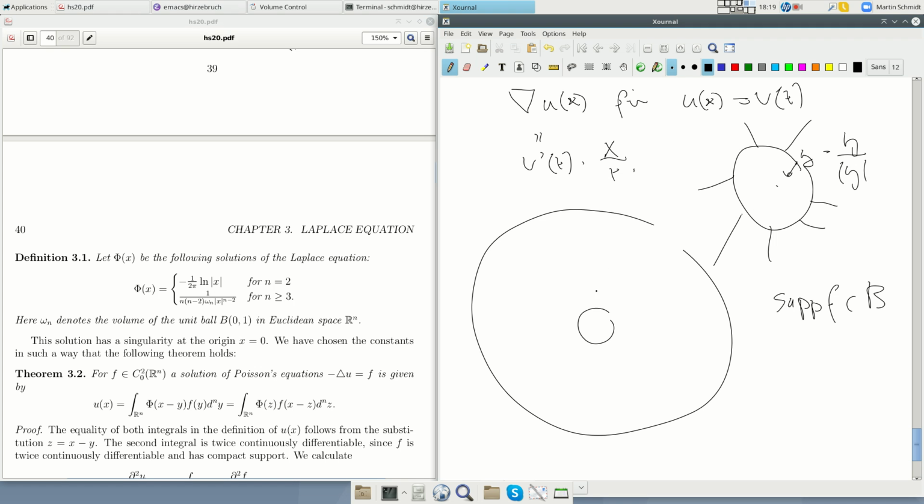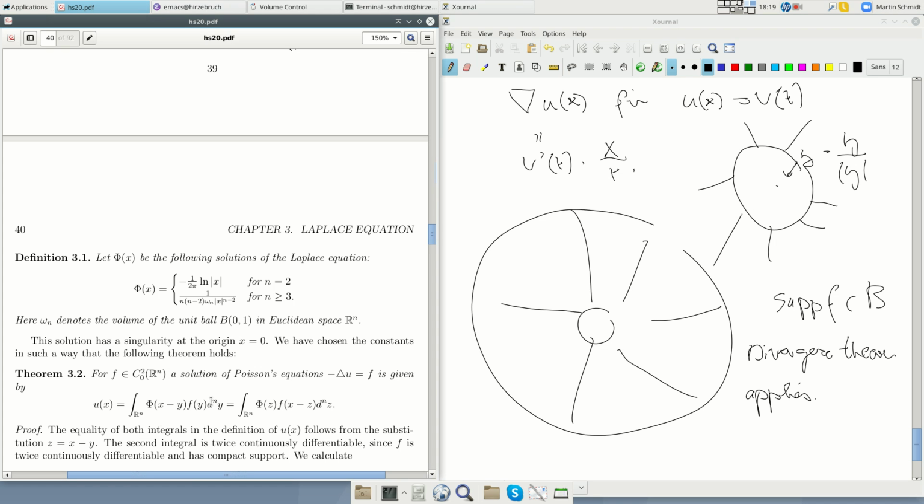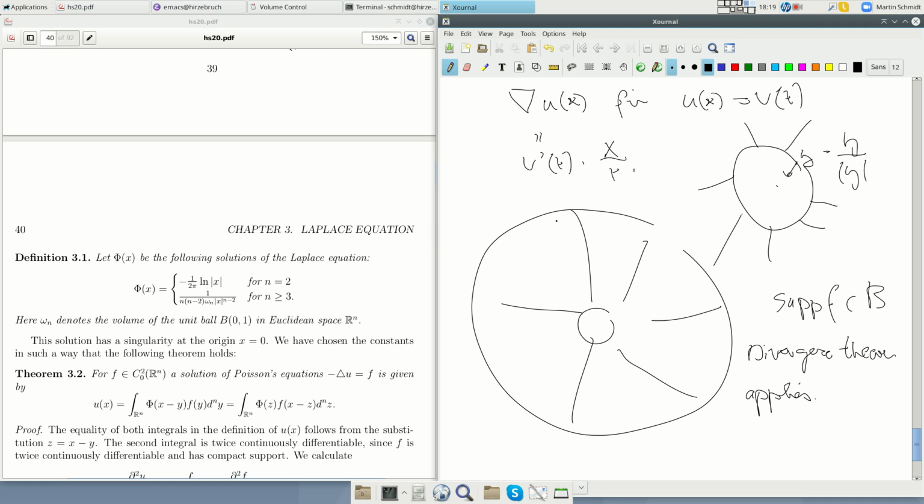Then we have this unit ball, and our domain looks like this. Then it's still bounded, the condition is fulfilled, and the divergence theorem applies. Of course at this outer boundary f vanishes and all derivatives vanish, so we get no contribution there. We only get a contribution